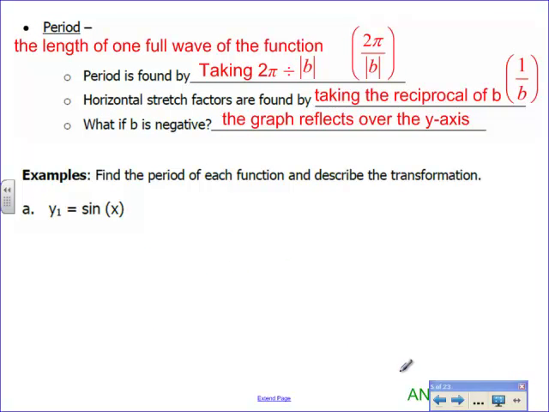The next thing we're going to talk about is B. B affects the period of the function. So in those first few slides, you saw that cosine and sine are periodic functions. A period is the length of one full wave of the function, how long it takes from start to finish. Period is found by taking 2 pi divided by the absolute value of b, that b being part of that